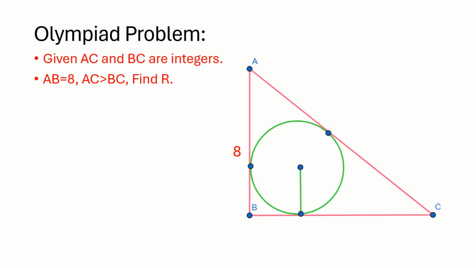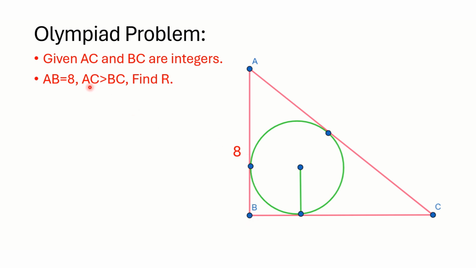Hello friends, this is an Olympiad geometry problem. You have been given a triangle ABC, and inside this triangle we have a circle, and the radius of this circle is r, that basically we have to find. This length is given, that is 8 units, and